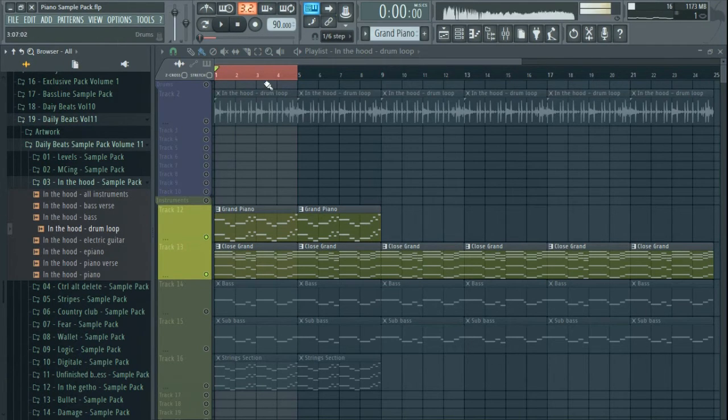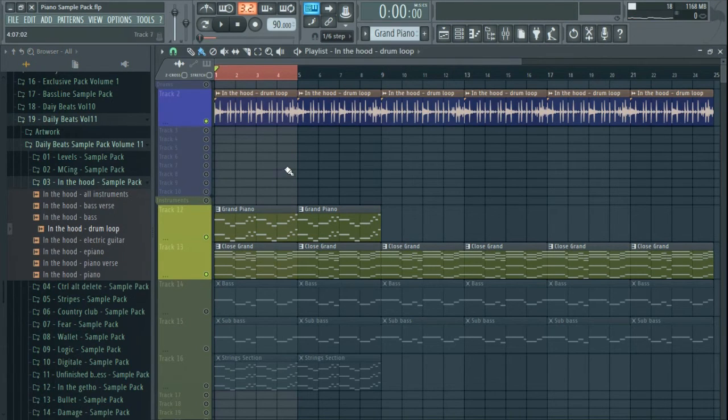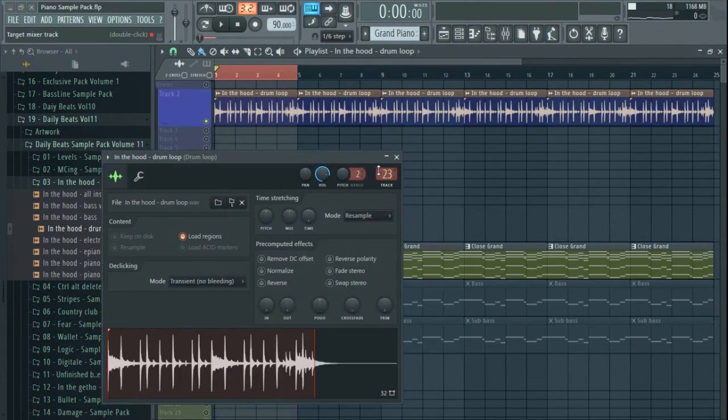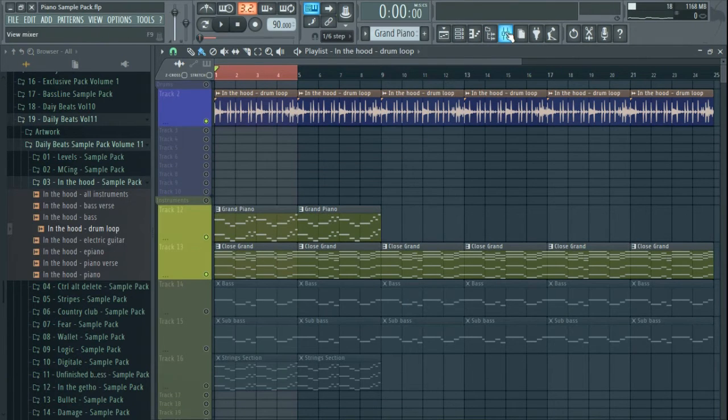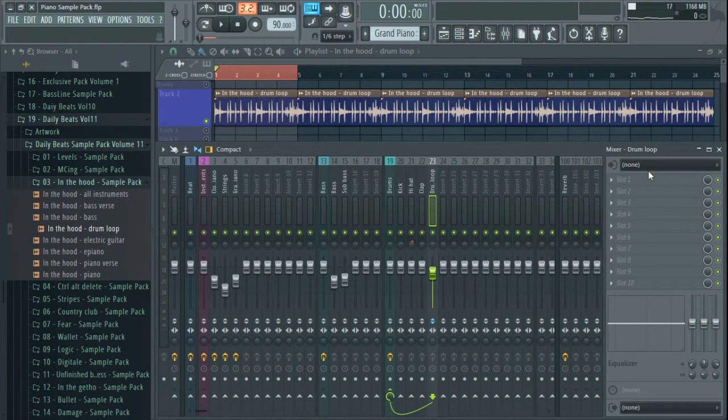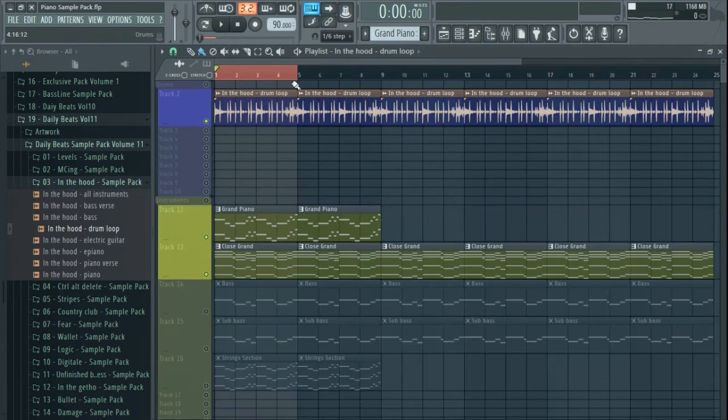I just dragged this drum loop into the playlist, and this is the result. And then I put it in track 23, and here I don't have any effects because this loop is already pre-mixed. So let's listen.